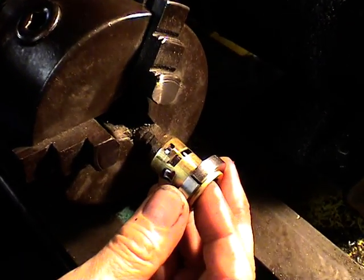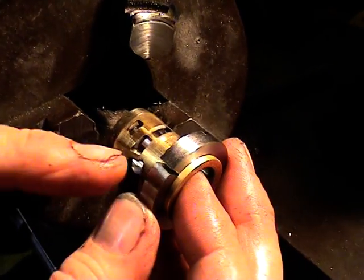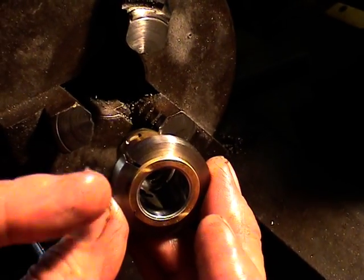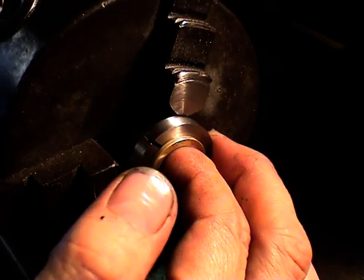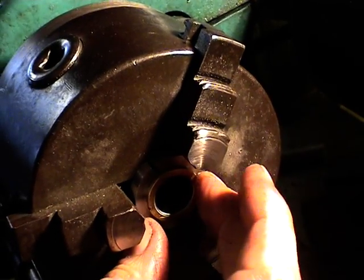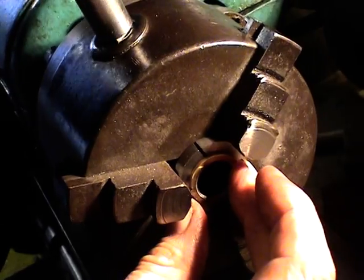Okay, on to the next. Okay folks, well what we've done now, we've put the collar with the saw cut and fitted that on the liner right up against the face. And what we'll do now, we'll put that in this little 3-jaw chuck right up against the face of the chuck. We'll tighten down the jaws onto the collar,